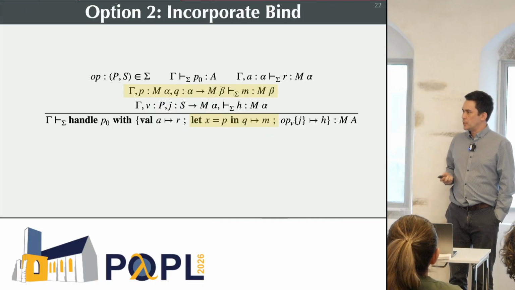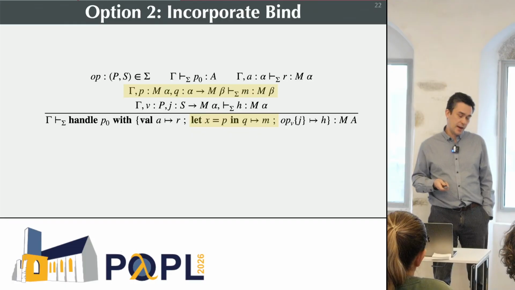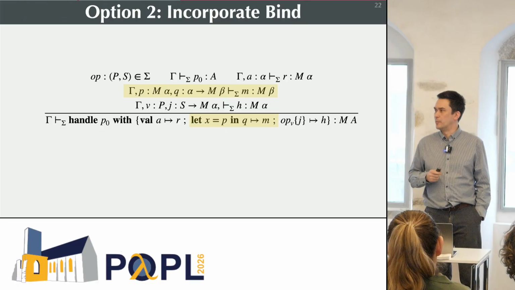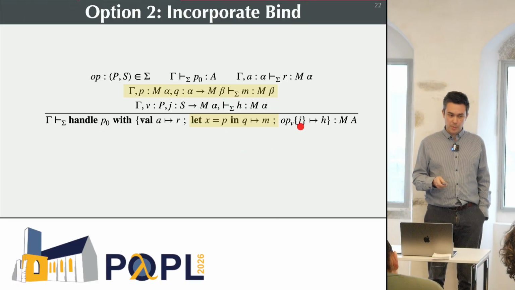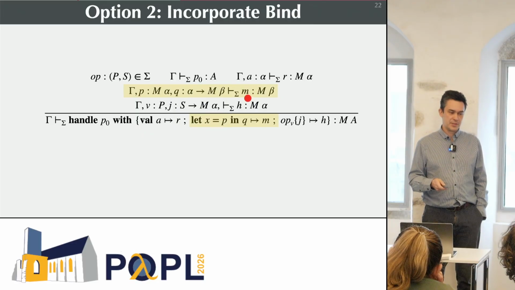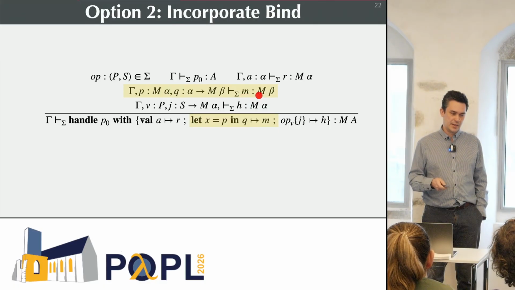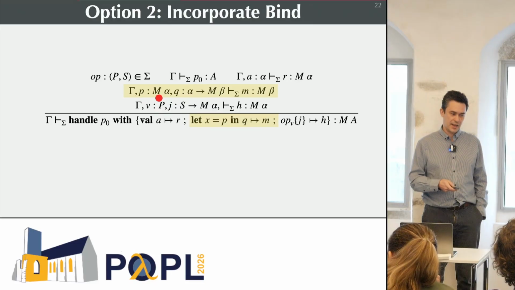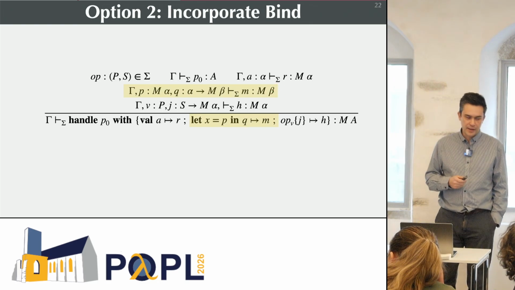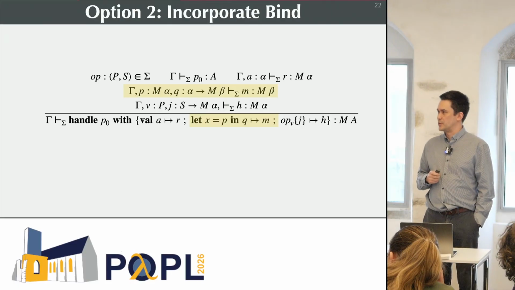But there was a different solution, which is the one that we take in this paper. The solution is to say, actually, maybe we should be handling let. We keep operations just as they were, we keep val just as it was, but we now explicitly have a way of dealing with let. So we're going to have handlers that need to take into account this M parameter, which basically has to handle the context for a let. It has some P, which is a program, Q, which is a continuation of this, and then brings you back to this point.